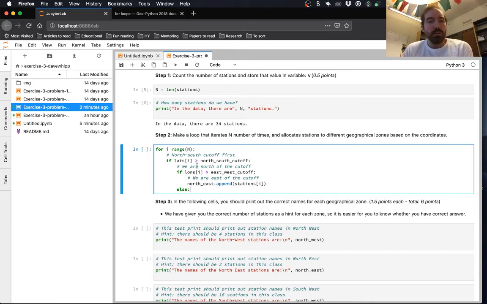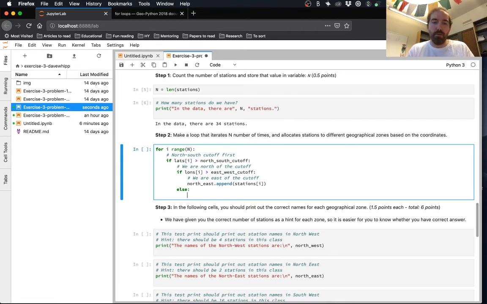So we have this condition that we know we're east. Well, if we aren't east of the cutoff, then we have to be west. There's only two possibilities here. So we have this else condition: if we're not to the east, then we go to the else. Remember that these if statements check to see if something is true or false. So we check for the longitude of the current point, whether it is greater than east-west cutoff. That's either true or it's not true. If it's true, then we do the stuff beneath the if statement. If it's false, we go to the else condition here, which means that we are west of the cutoff.